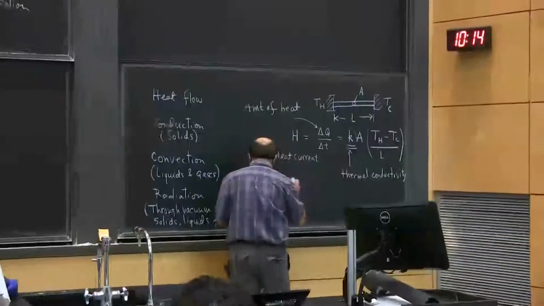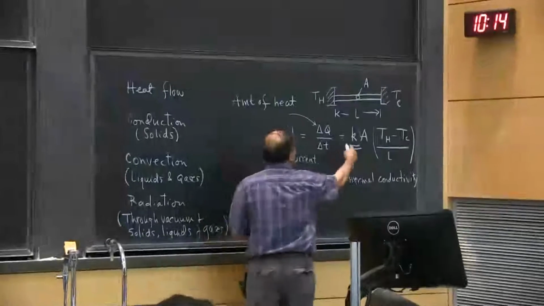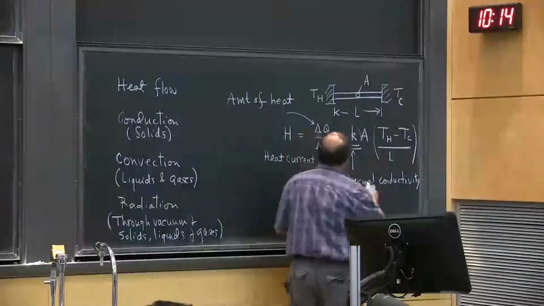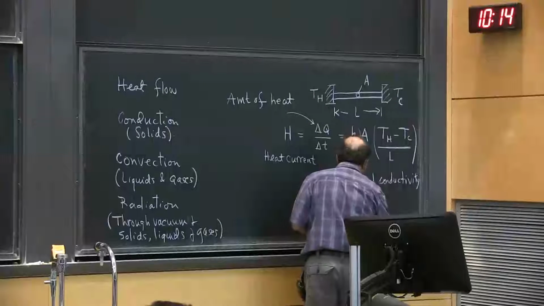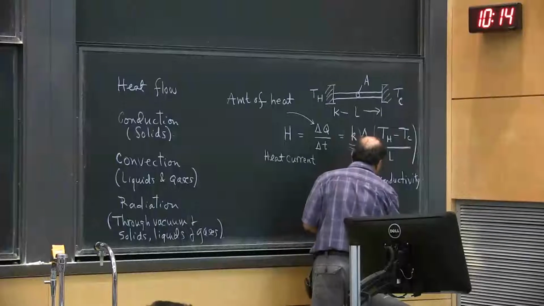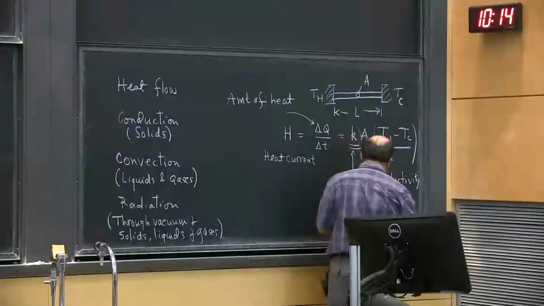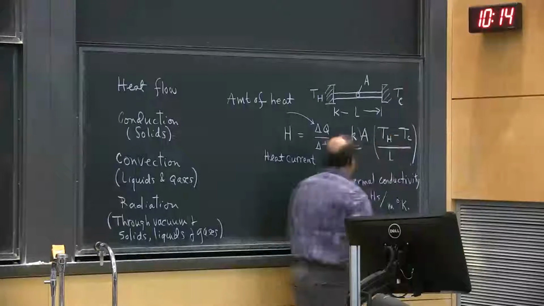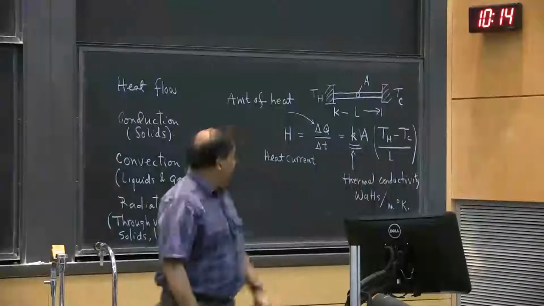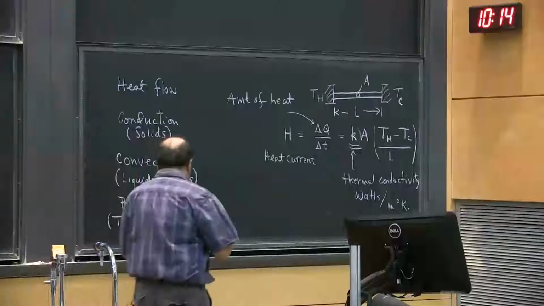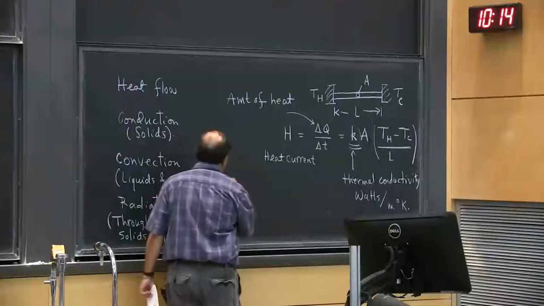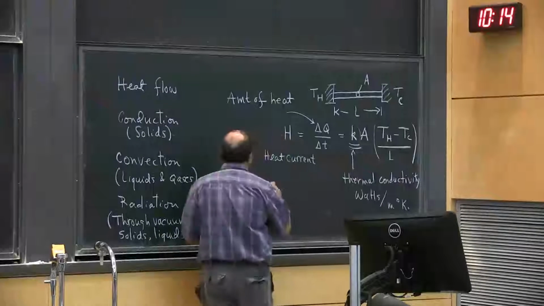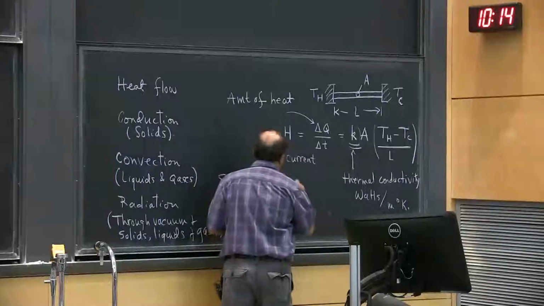Now just to give you a sense of these numbers, as you can see, the unit of this would be quite interesting. So let me give you this. The unit of K would be in watts. Watt is power, so that is joules per second per meter degree Kelvin. So that's the unit of this K. It turns out then that for silver, for example, which is a very good heat conductor, this K turns out to be 406